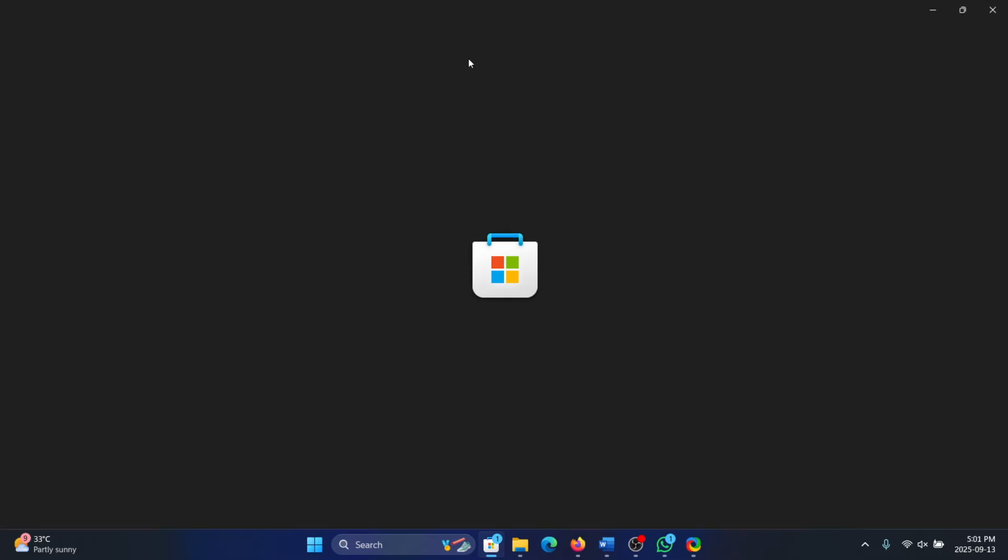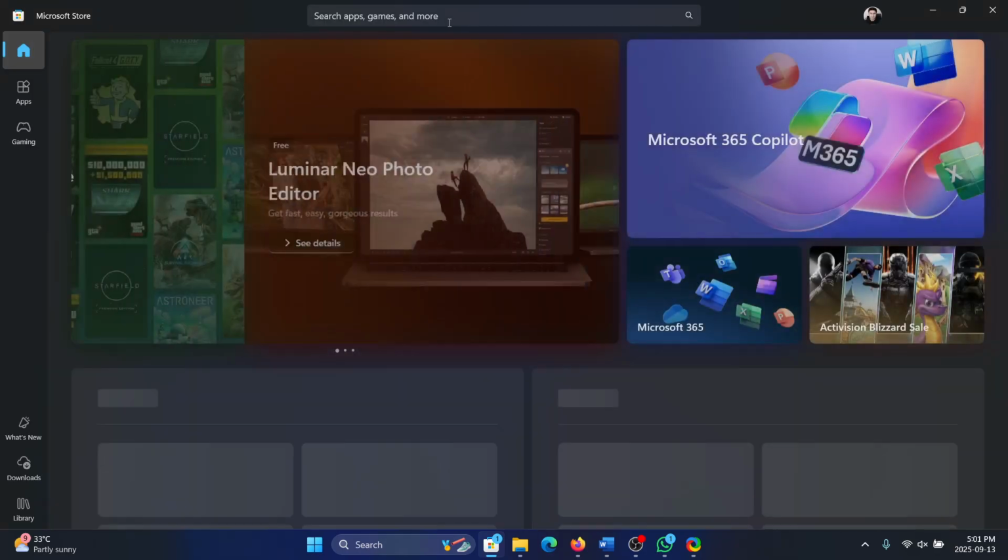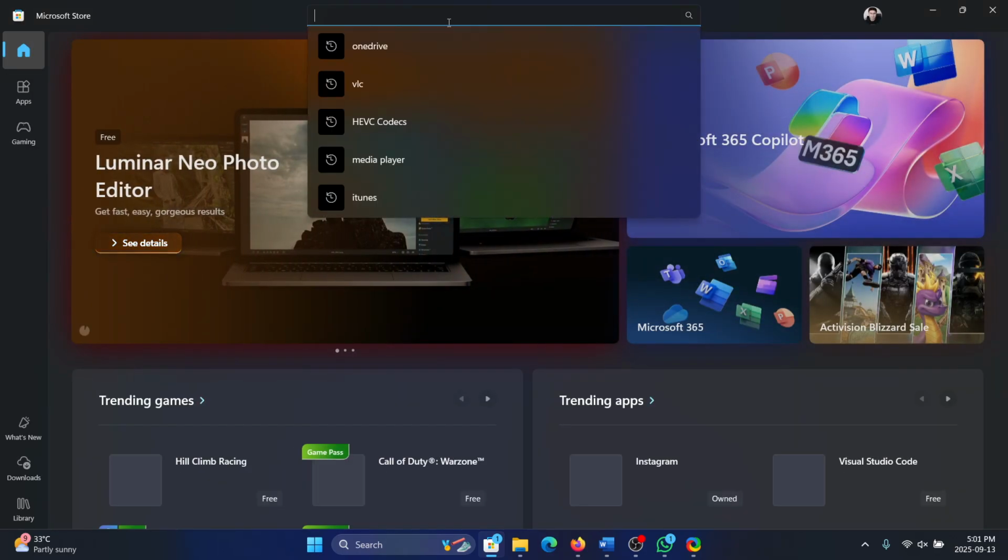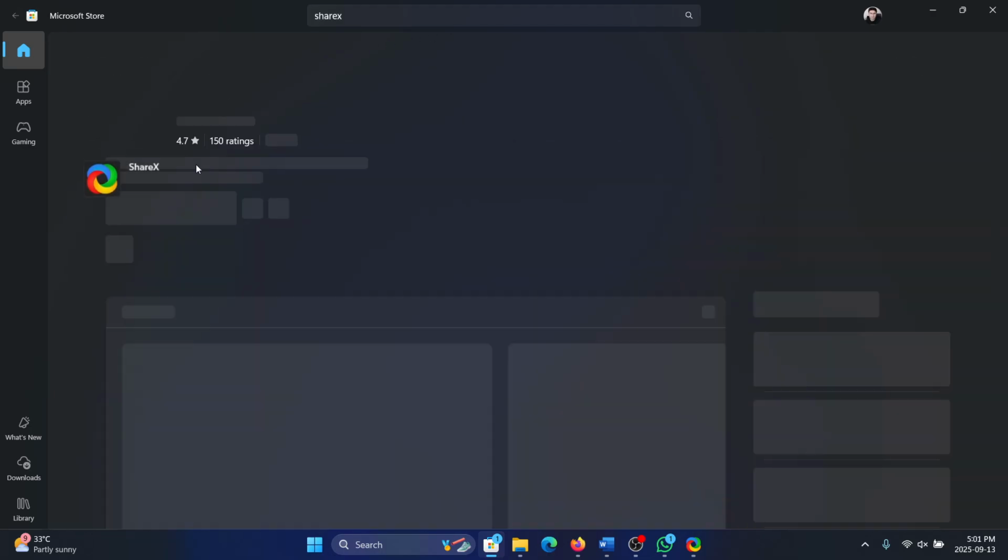Now, where do you find ShareX? You can download it from the Microsoft Store. If you search for it in the Microsoft Store, you can download it from there. Okay,